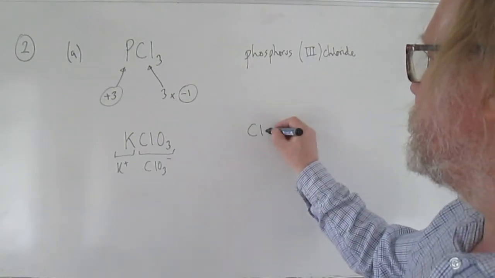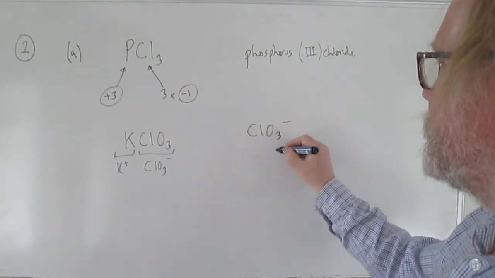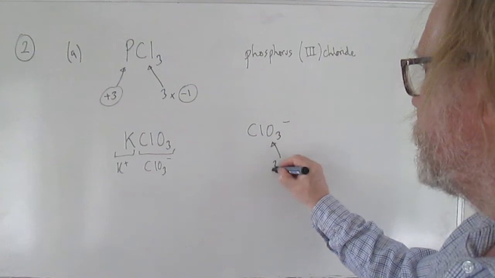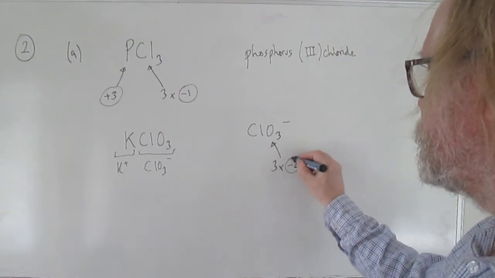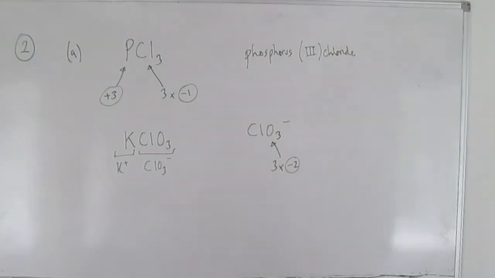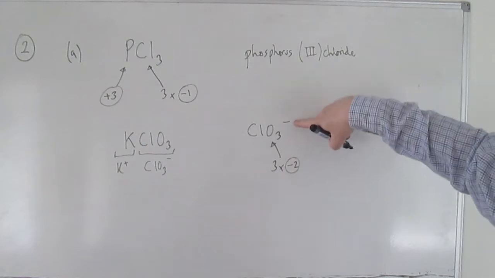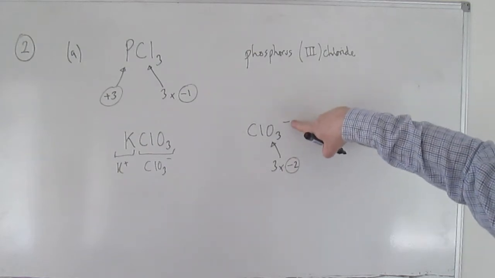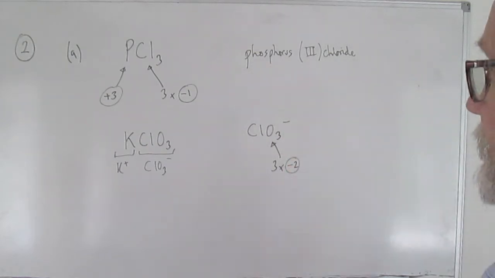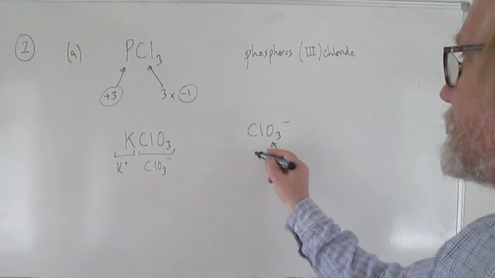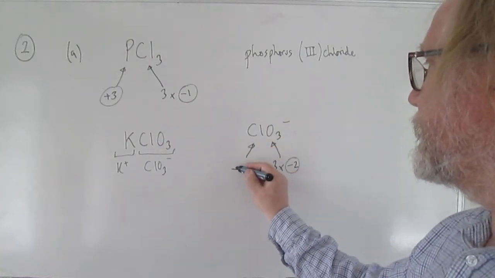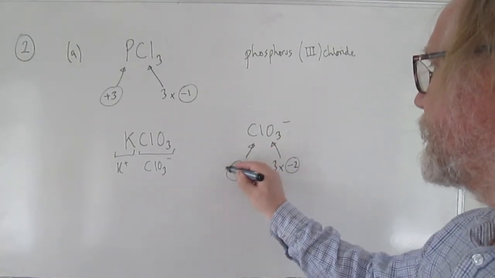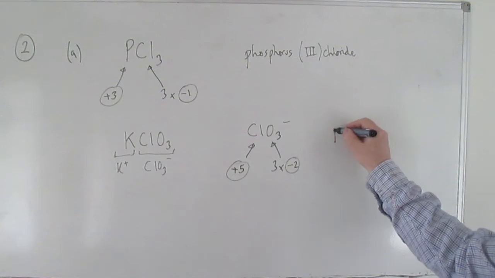So again, we can just use the simple oxidation state rules and say, right, we've got 3 lots of -2, because oxygen in compounds is generally -2. So that takes you to -6. Overall it will be -1, because that's the charge on the ion. So to get from -6 to -1, the chlorine has to be +5. And so that compound is called potassium